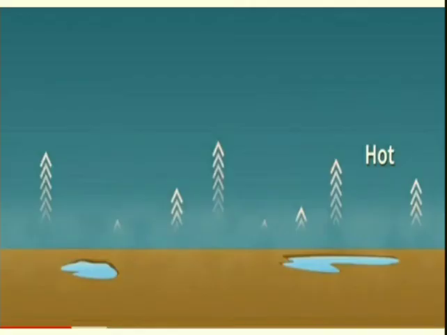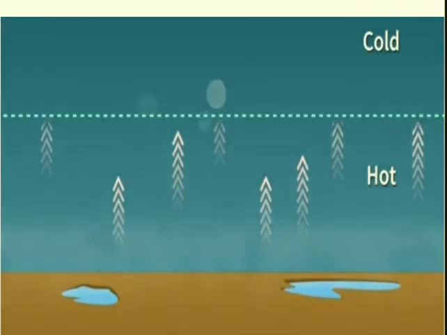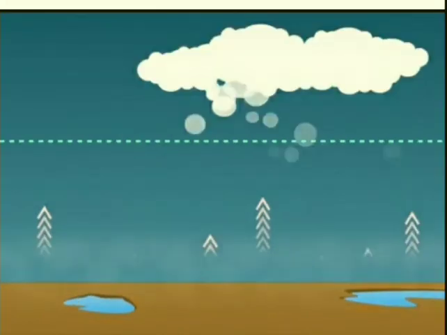During summer, the ground is hot and it heats the air above. This warm air rises. As the air rises, the cold temperature at the height cools the water vapor and forms cloud. As more and more air continues to rise, the cloud gets bigger. If the temperature at the top of the clouds falls below the freezing point, the water vapor turns into ice, and lots of small pieces of ice bump into each other as they move around.